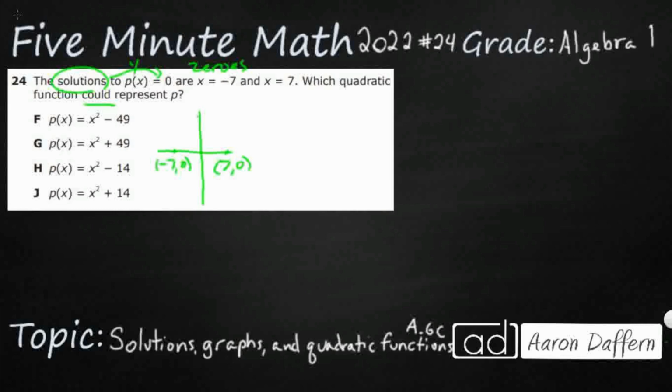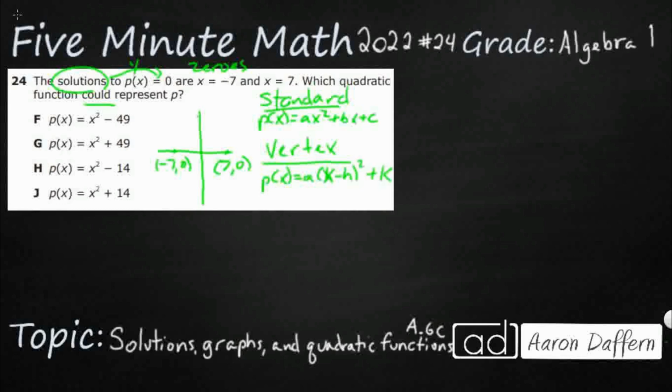So that's all we know. So we need to make it look like our standard form here. So our standard form of the quadratic function, right, is going to be p of x equals ax squared plus bx plus c. That's what we need. Sometimes we could use the vertex form in problems like this. If we have a graph, we could use the vertex form, and that's x minus h, plus k. This is very helpful because h and k are actually the x and y coordinates of the